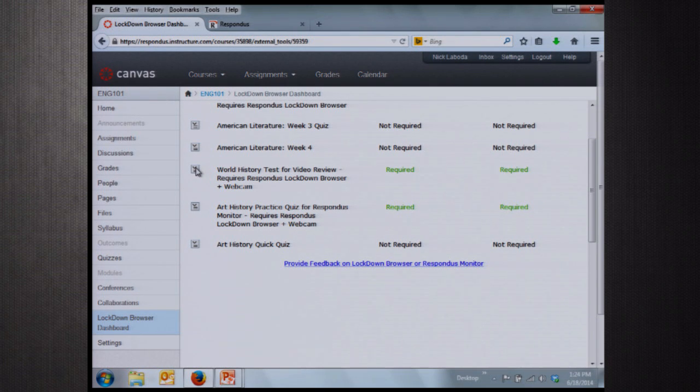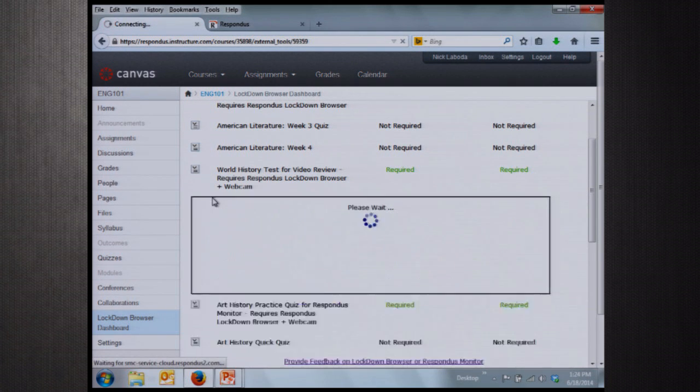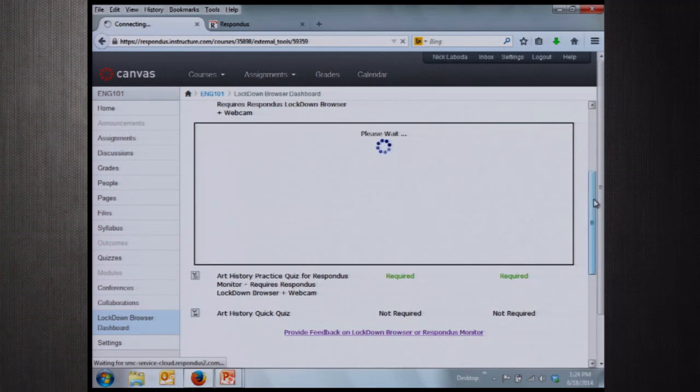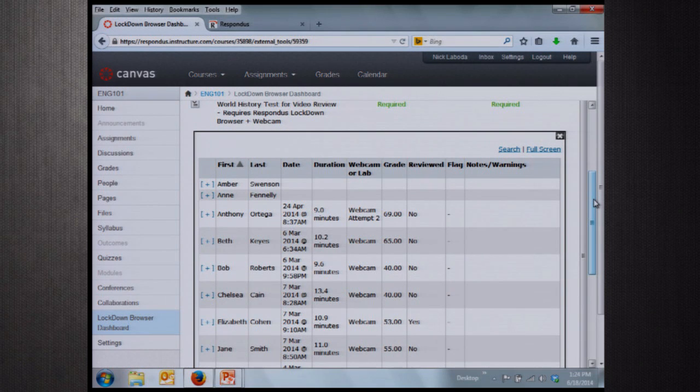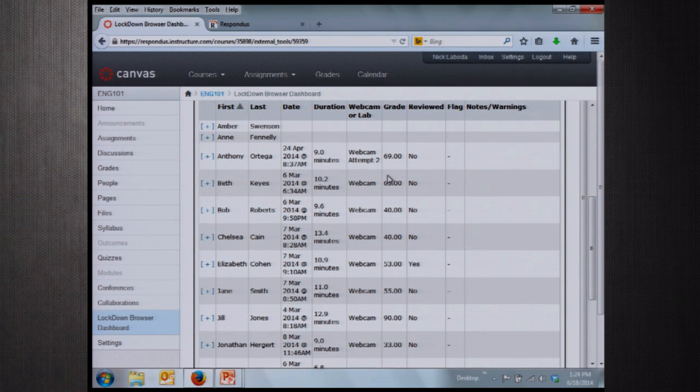So when the instructor comes back in here, when you click on this context menu now, you'll see this video review option available. And what this is going to show you right off the bat is some pretty good data. You're going to see all the students in your class. You'll see the date and time that the assessment was completed, how long it took them to complete the assessment,